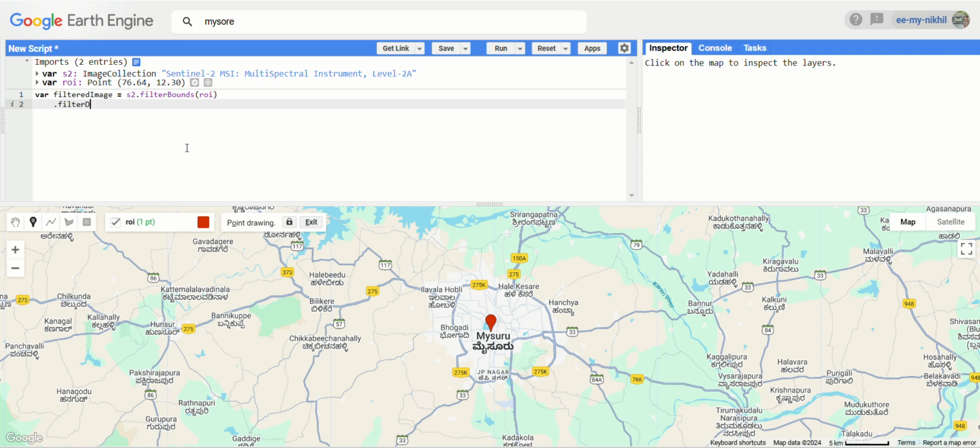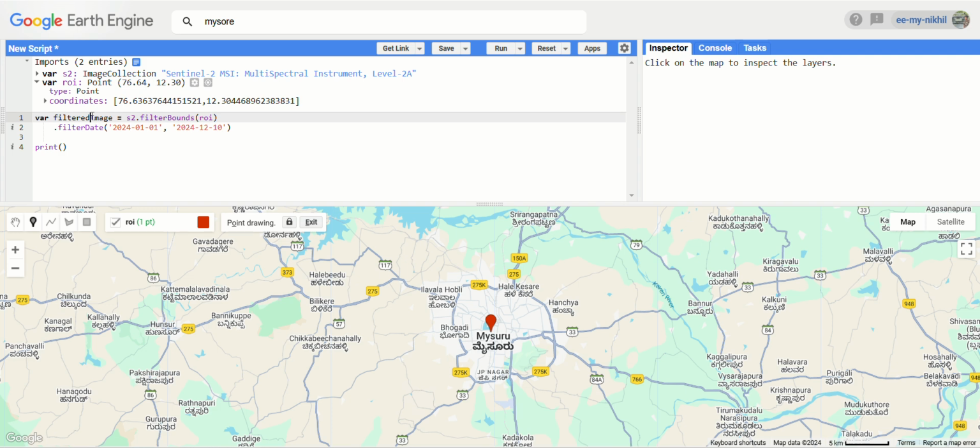Let's say with the help of the filterDate function, I am using it from January 2024 to, let's say, December 10. Okay, so let's print this out in order to know how many images are available for these two filters. So I'm printing the filtered image collection,